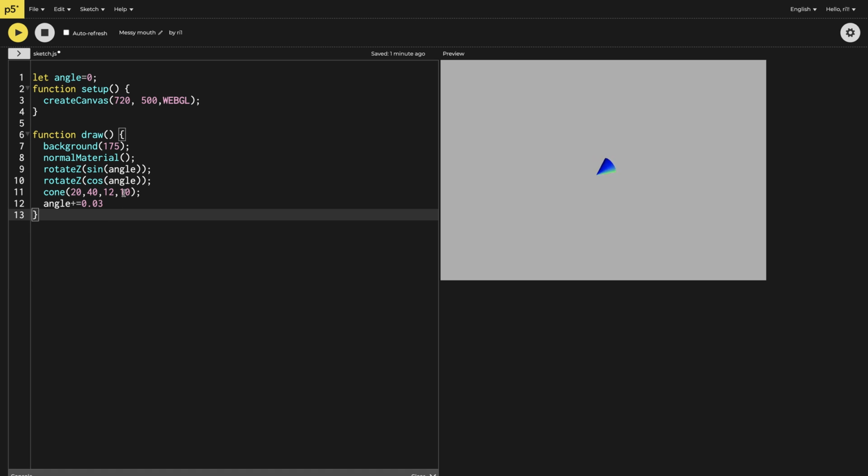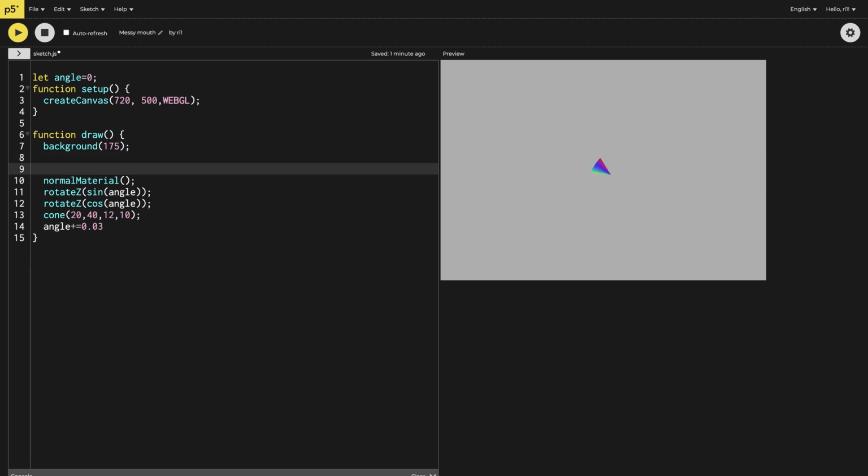This is a very easy thing to do, and now I want this code to be inside a for loop. So I'm going to use a for loop. Yes, for loops can be used in 3D as well. So now put all the code inside it, and now I'm going to make a variable of a, and that a variable is equal to -20,